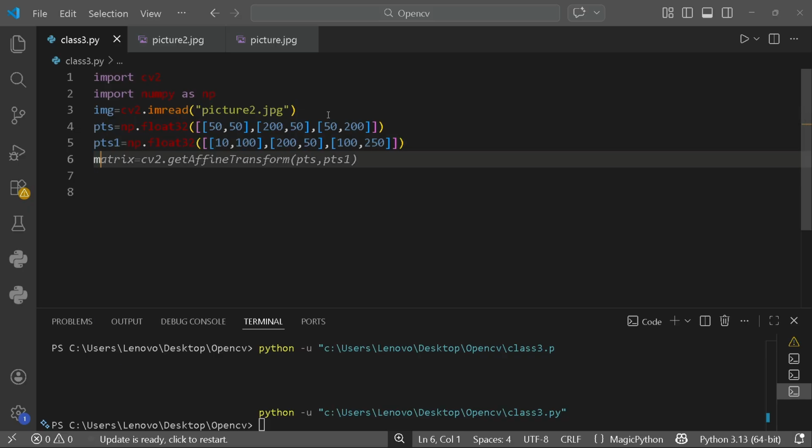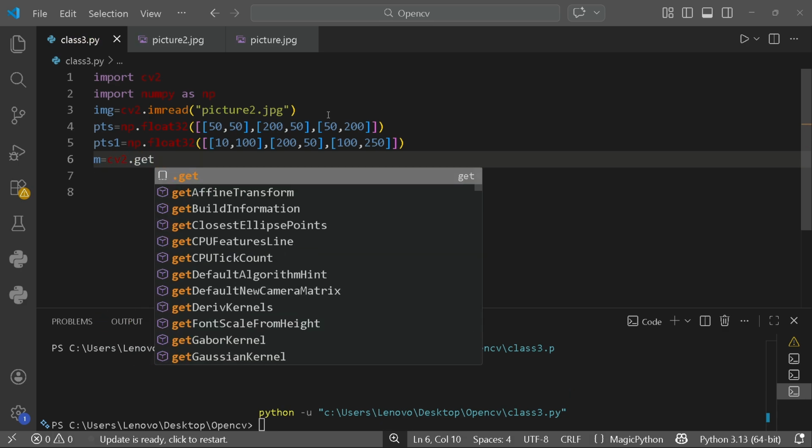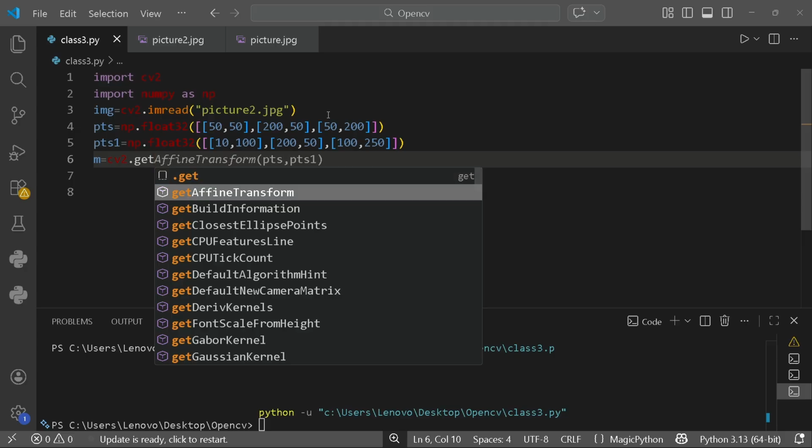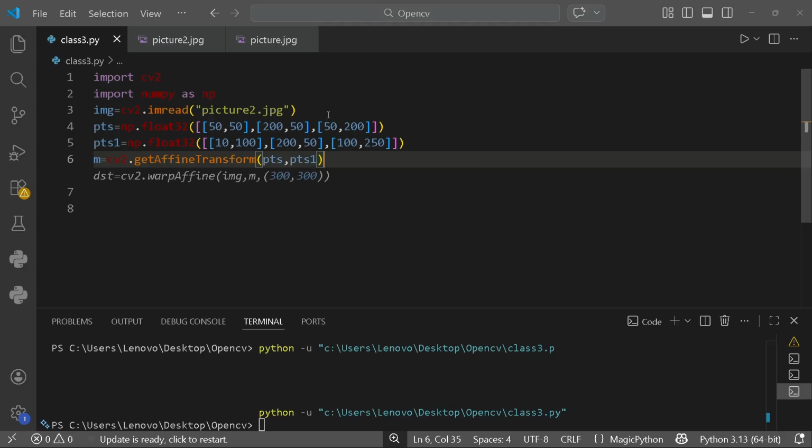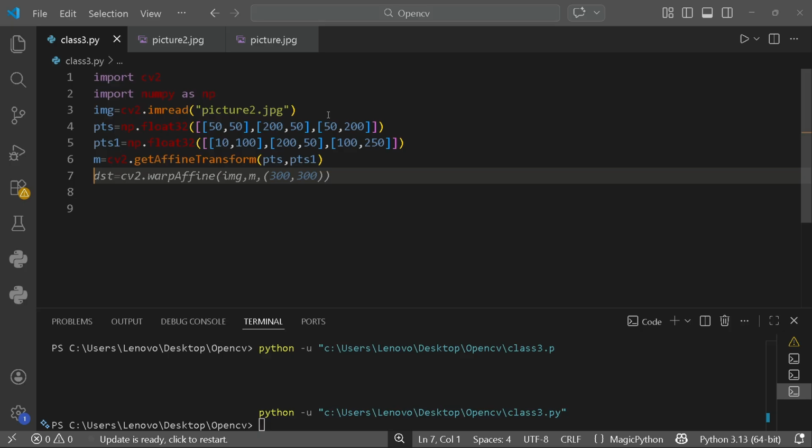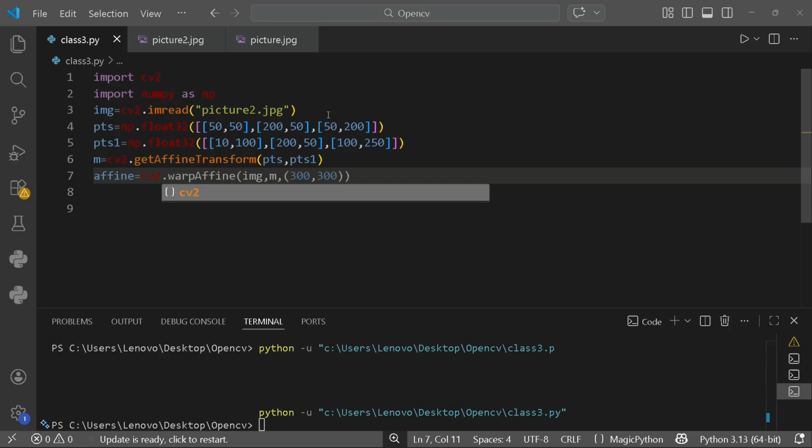Then we can make an M equals cv2.getAffineTransform, pts, pts1, and we can write affine equals cv2.warpAffine